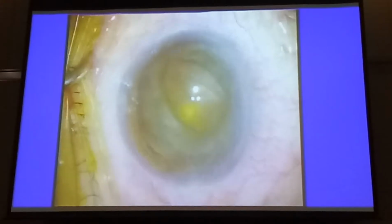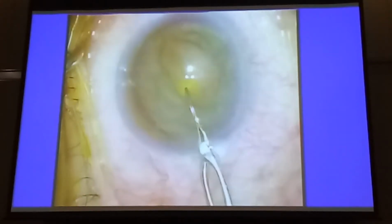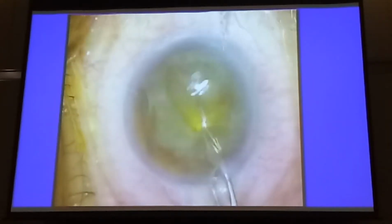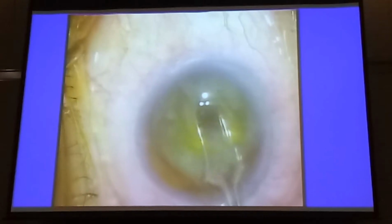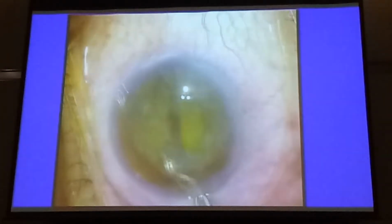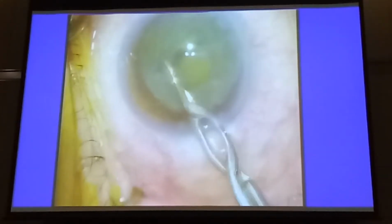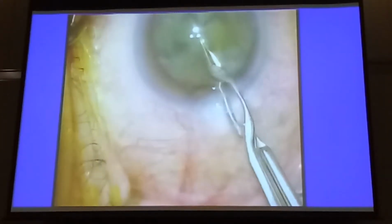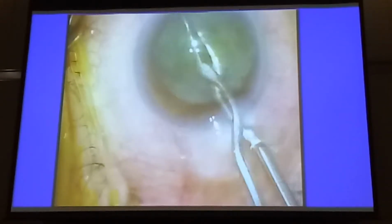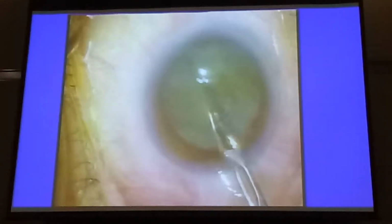Okay, here's another case. Again, OVD in. This is an older patient, and this is a new pre-chopper. Okay, this is now a combo 4 pre-chopper that Akahoshi just introduced 3 months ago in ASCRS. And I told you earlier, with the combo 2, you can only go up to 1.5, maximum 2+. Here is more like a 2+, 2 to 3+ nucleus in an older patient, and you can see this cracked